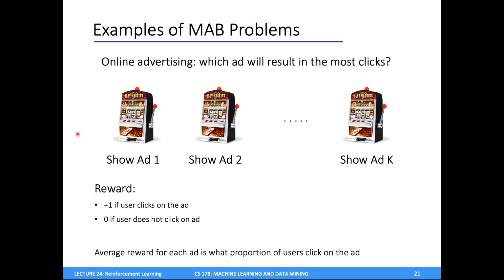Okay, this probably seems like a totally made-up example, but in fact, lots of real-world problems can be characterized abstractly as these multi-armed bandit problems. A really good example is online advertising. I have a sequence of K ads I could show to a user. Which one of these ads is the best ad? What should I show my users to get the most clicks? My first machine is, okay, a user comes to me and I show them the first ad. The second machine is, okay, a new user comes, I'll show them the second ad instead, or something like that. The reward here might be +1 if a user actually goes and clicks on that ad, and 0 if the user does not click on the ad. Then the average reward for each ad, or each machine, is just what proportion of users clicked on this ad.